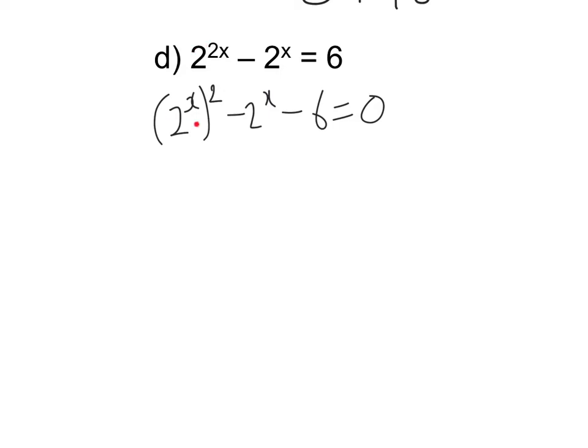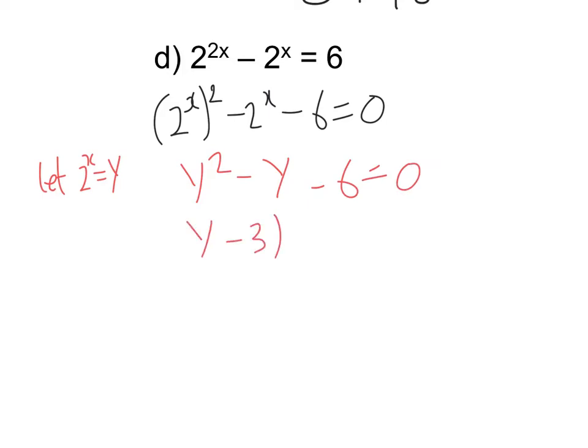The first term is 2 to the power of x squared. The second term is just your 2 to the power of x, and this is your constant that has no 2 to the power of x. You might be thinking, how is that a quadratic? So we let 2 to the power of x equal, let's say, y. You can choose any variable, but if I let 2 to the power of x equal y, we've got y squared minus y minus 6 equals 0,